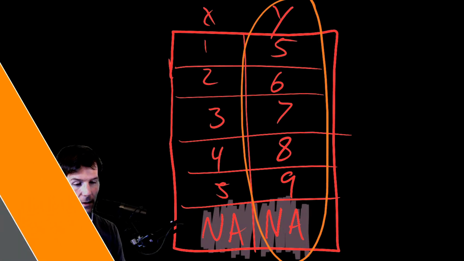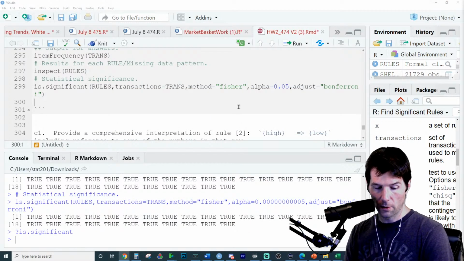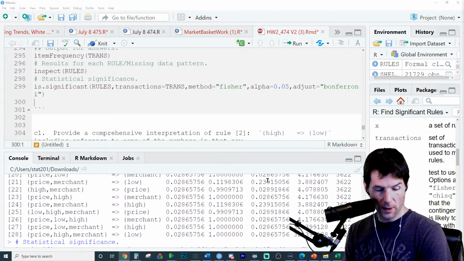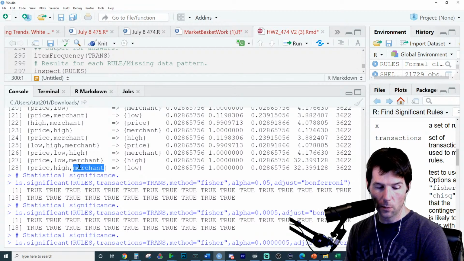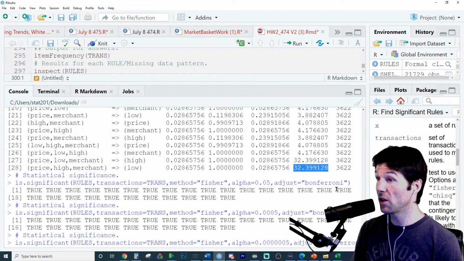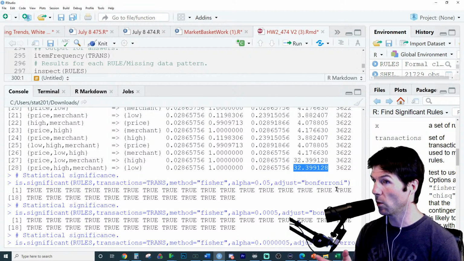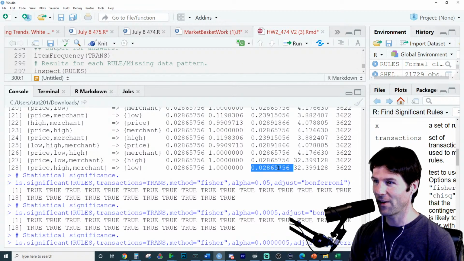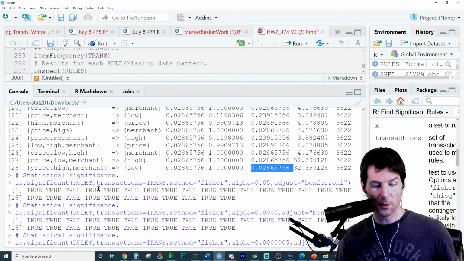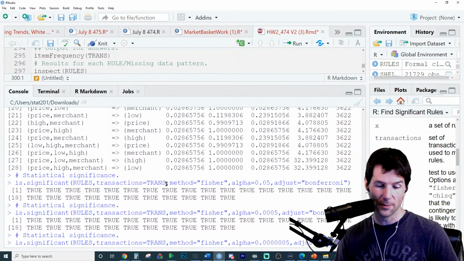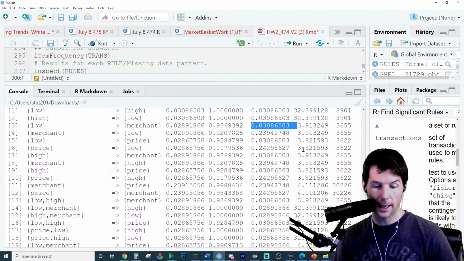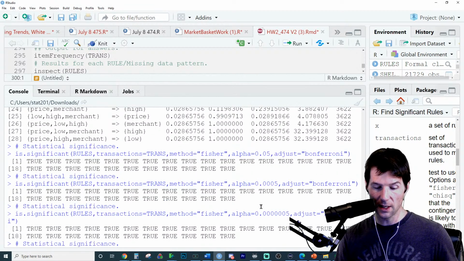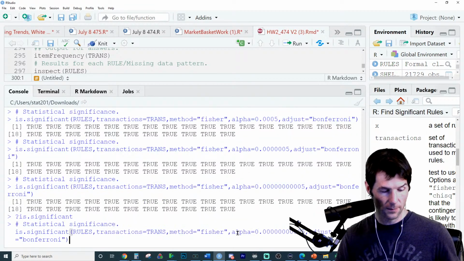Let's go back to the main screen and let's go look at one of those rules right here. If you look right here, just take a look at this rule. When price, high, and merchant are missing, then low is missing almost a 33 factor increase more. The coverage right here is the original probability of all the left-hand side missing. So let's go get the coverage of low. Low has an item frequency of 3%. So low's frequency,